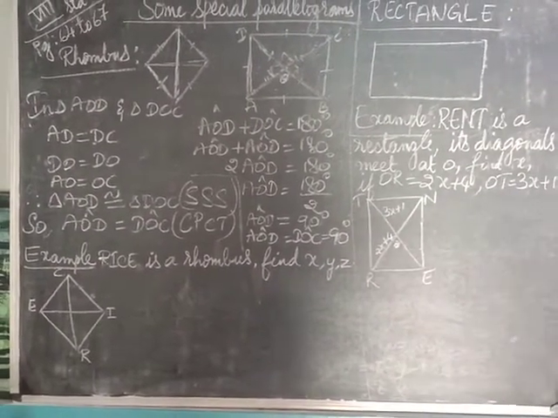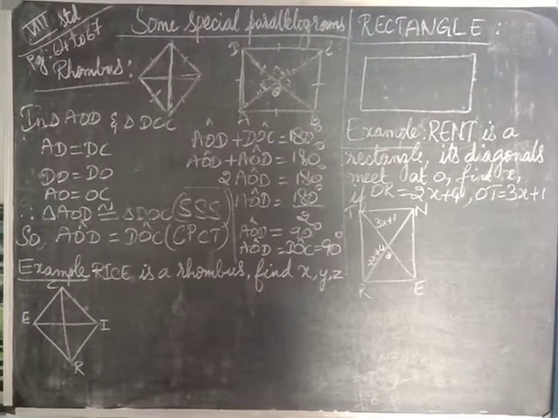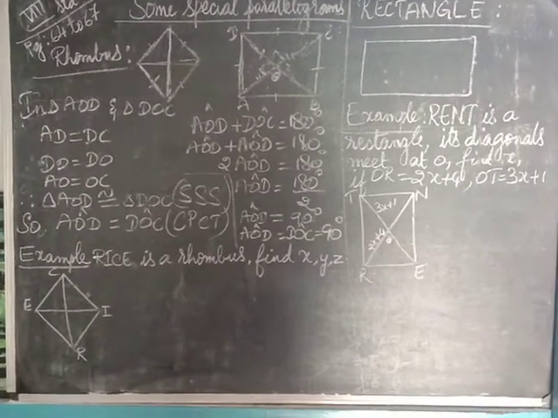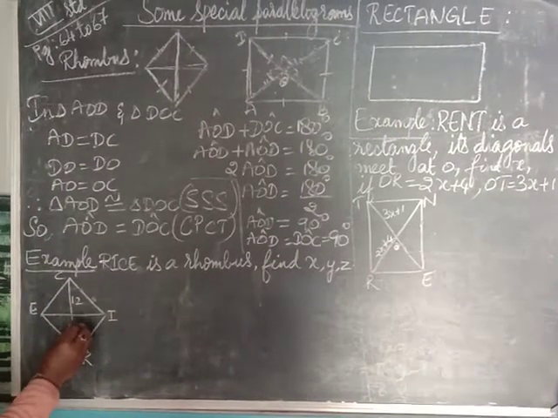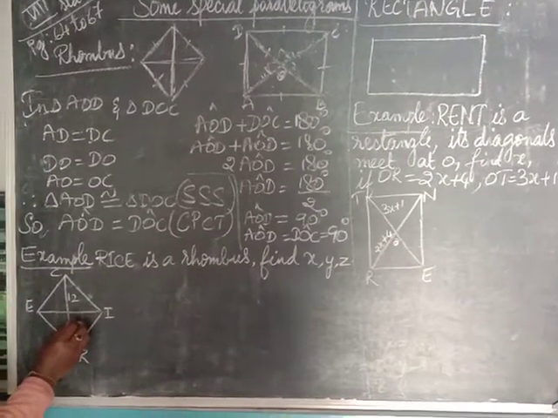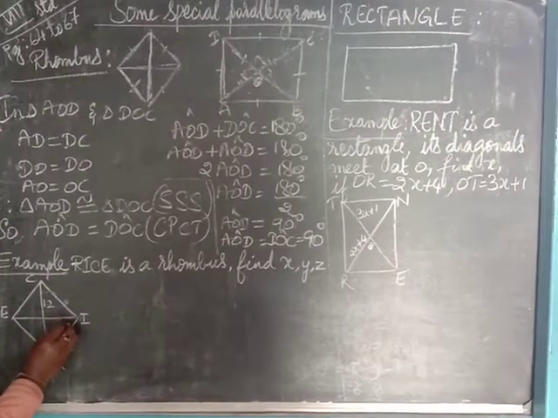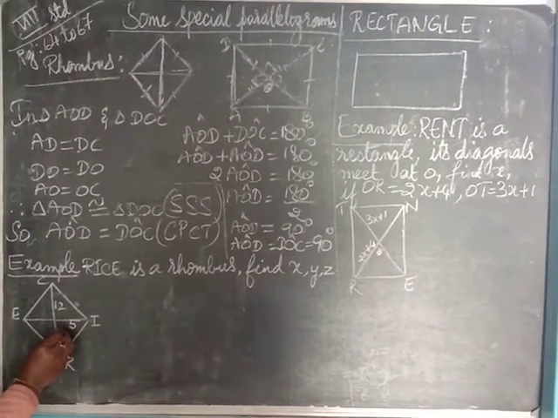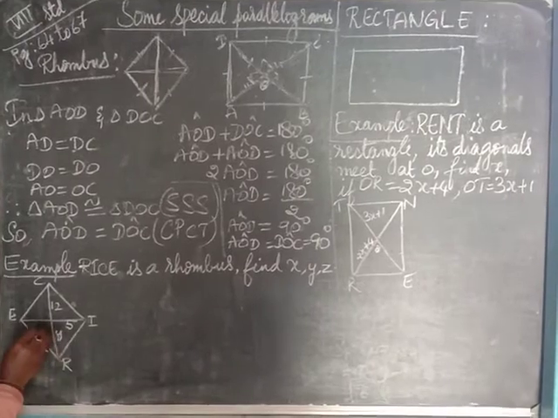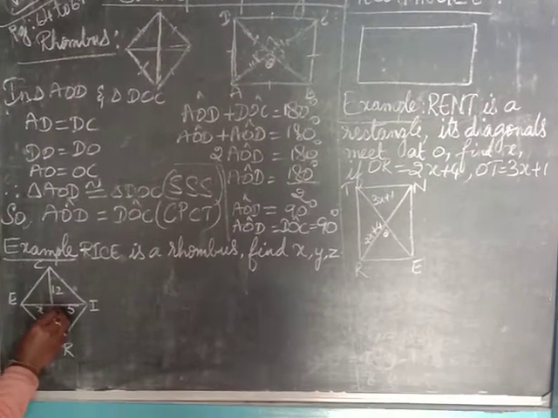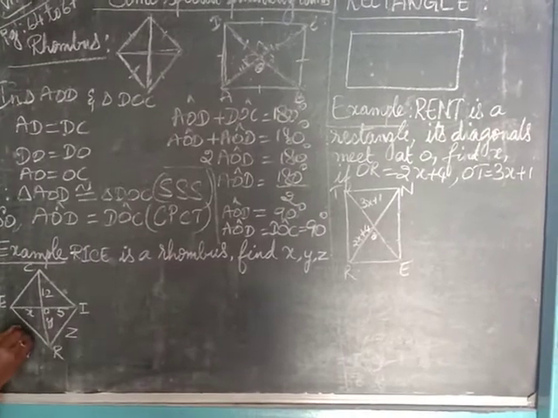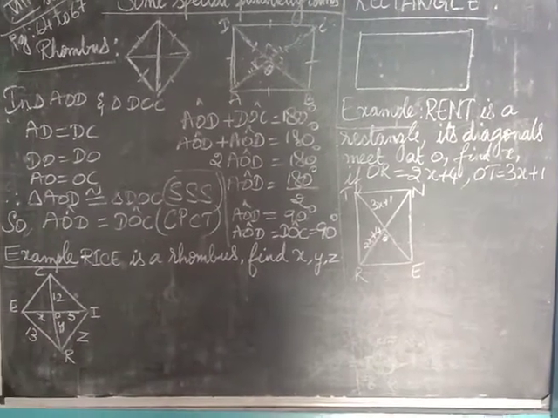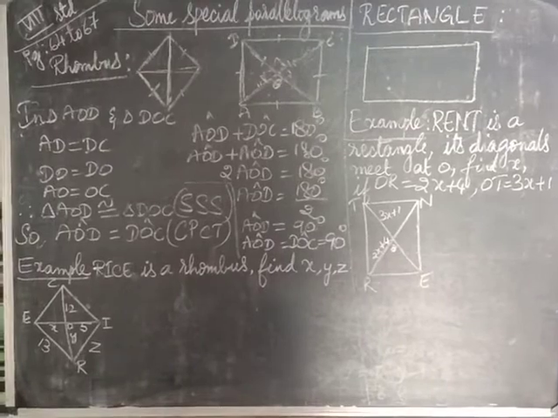Now, rhombus XYZ, you all know, and in the question they have given 12 centimeter. This is 5, this one is 5, this is Y, and this is X, this is O, and this one is Z, and one of the sides they have given is 13 centimeter. Now just listen here, children.